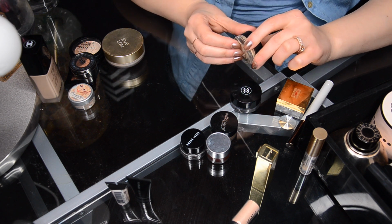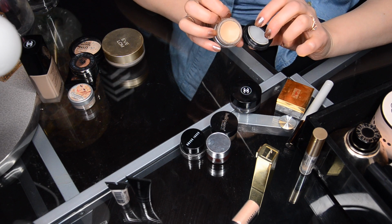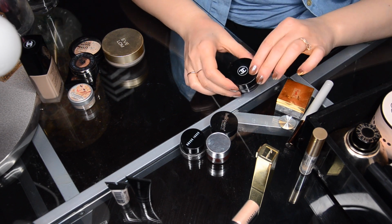MAC Prolongwear Paint Pot in soft ochre is my eye base currently, and I'm actively using it, as you can see, so this stays. And so does this Chanel cream